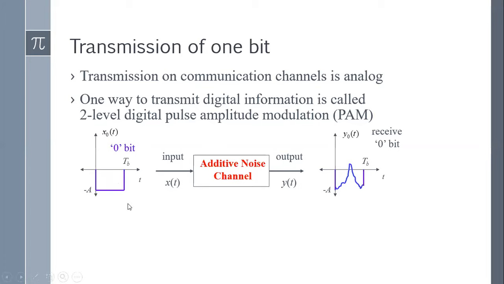Okay. So now see, when I am transmitting 0, I am representing it as minus A, and this minus A is transmitted through a channel. That channel can be wireless or wired. Suppose this channel adds additive noise to the incoming signal. Then in the receiver we receive a signal like this one. If we compare the transmitted one and the received one, we see that it is corrupted. This signal doesn't look like the signal that we transmitted.